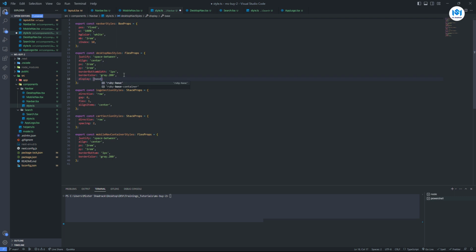So on base devices, we don't want to show the desktop one, so it's going to be none. And then on large devices, this is supposed to be a flexbox container, so on large devices we would say display flex. I'm going to copy this,